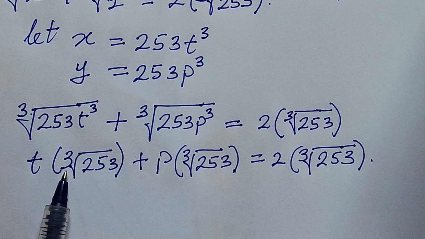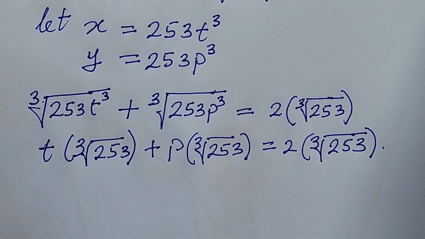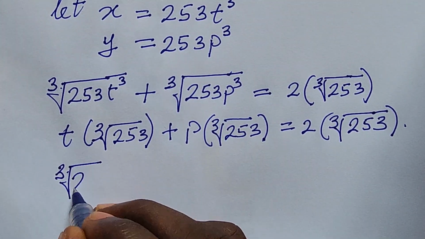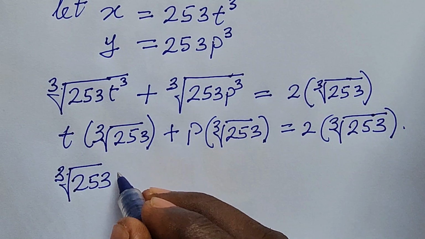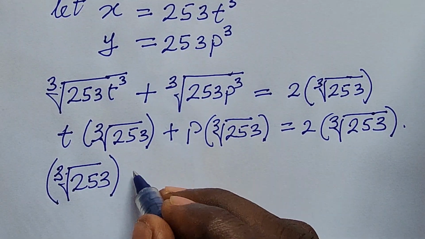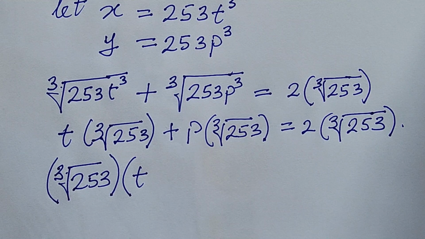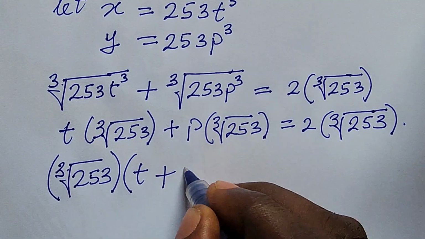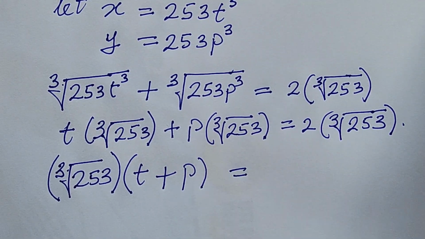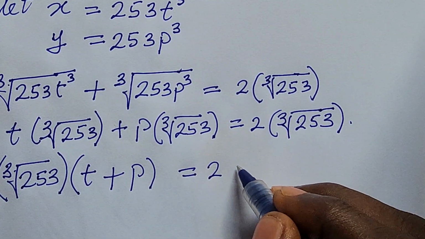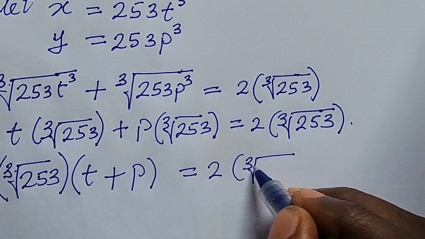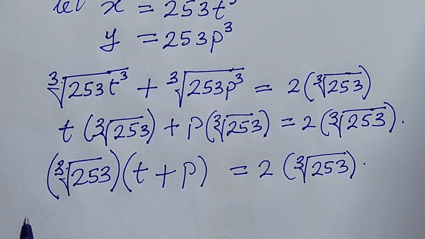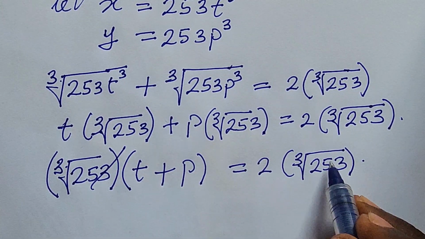We can bring out the cube root of 253 because it's common here, right? So if we do that, we're going to have this as the cube root of 253, close bracket. The bracket is left with t, because if we use this to divide this, we have t. We use this to divide this, we're coming up with our p, close bracket, equal to 2 into the cube root of 253, close bracket. So if we divide through, then this will leave